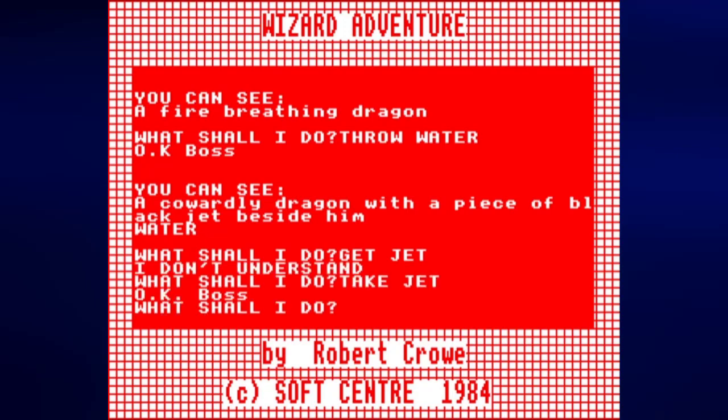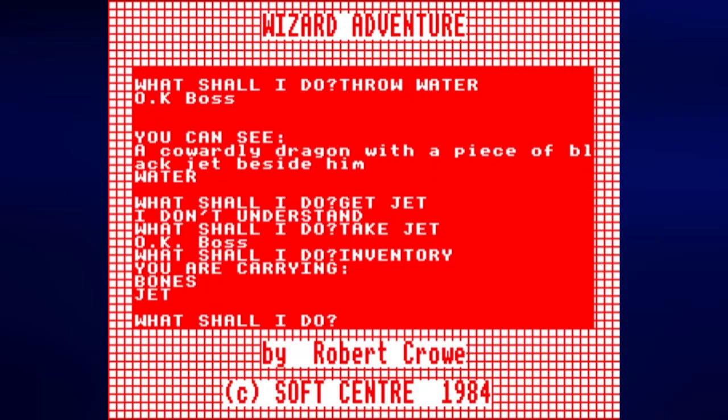This is just like Ring of Time. Understands take, doesn't understand get. Apparently. And we have done all the things that we can do and gotten all of the useful items. So, let's check our inventory first. And,